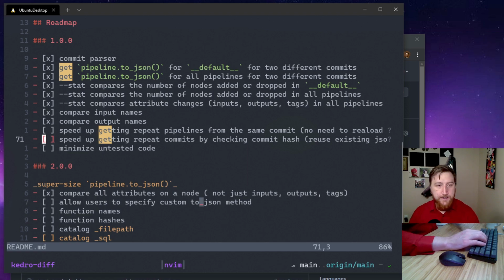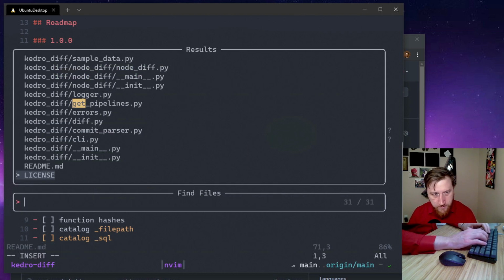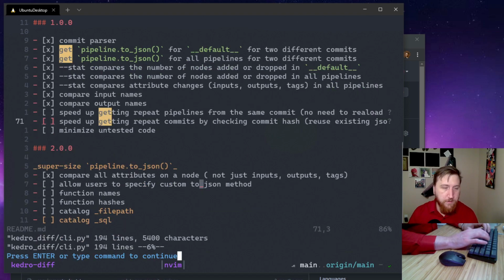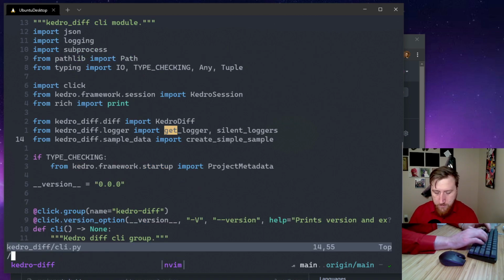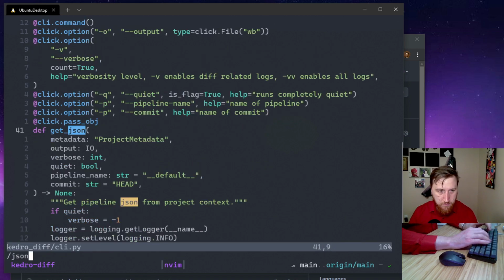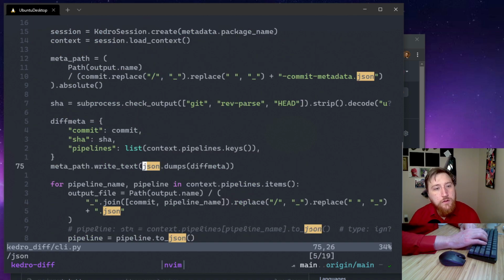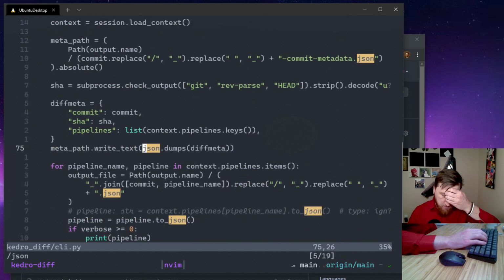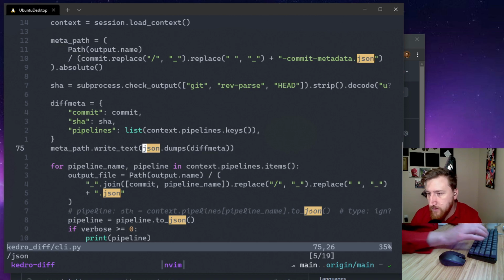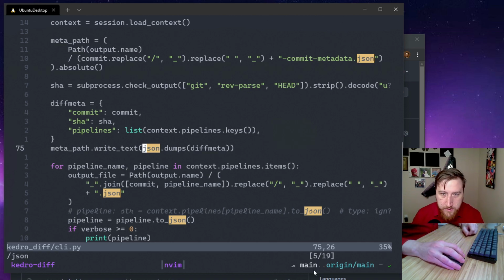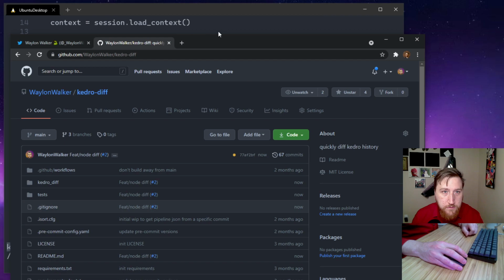Let's leave that. Go somewhere. I don't know if it goes in the CLI or if it goes in